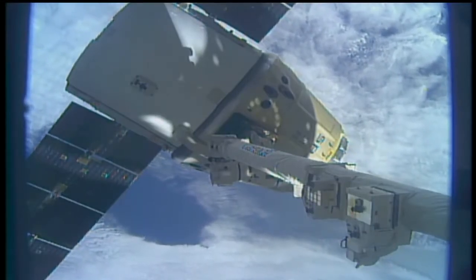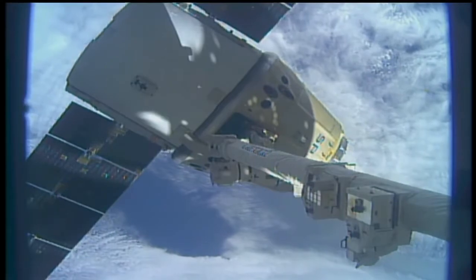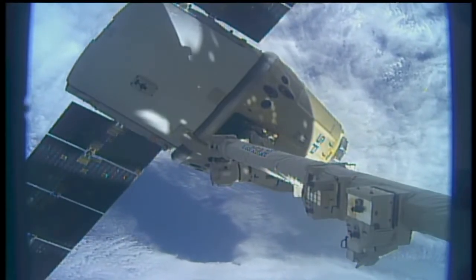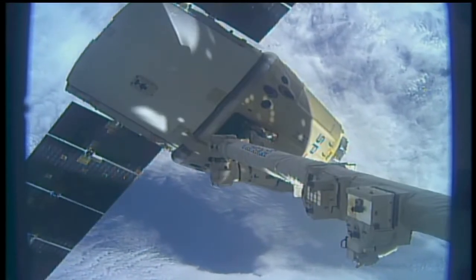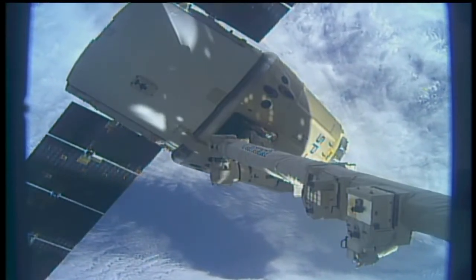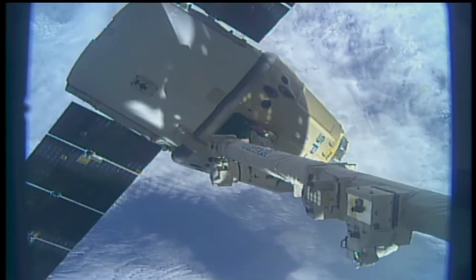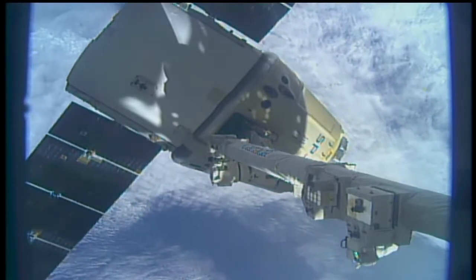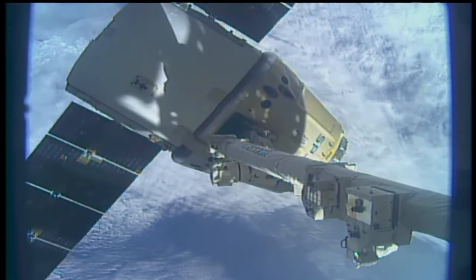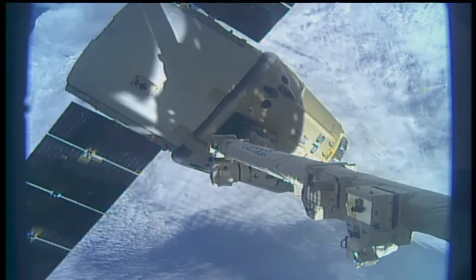And with an on-time release, we'll see Dragon execute those burns, begin to depart the area around the station, and eventually set it up for the major burn, the deorbit burn, a little bit later this morning. On the latest timeline, we're showing about an 8:51 a.m. Central, 9:51 a.m. Eastern deorbit burn. That's a much more significant firing of those engines. Those will actually fire for just shy of 13 minutes,